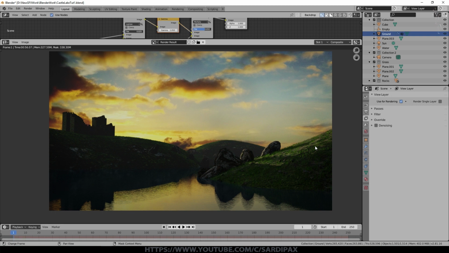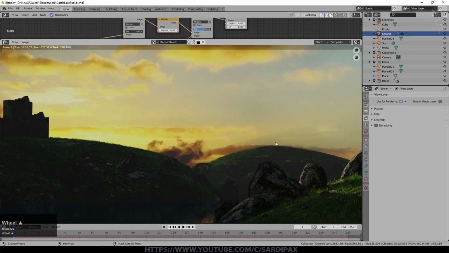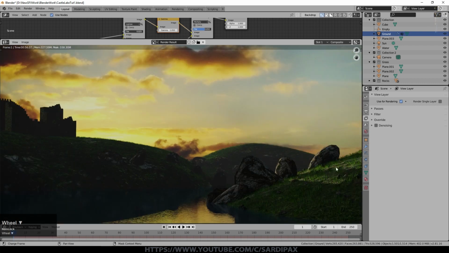So there it is. As I said, I've done this very, very quickly. There are some things I would want to improve. I'd perhaps soften the distance focus slightly. The overall scene needs brightening up a little, but you can always do that in an external editor like Photoshop. For the boulders, some of them could do with some more vertices, so some subdivision surface, so you wouldn't want to do that for the little rocks.